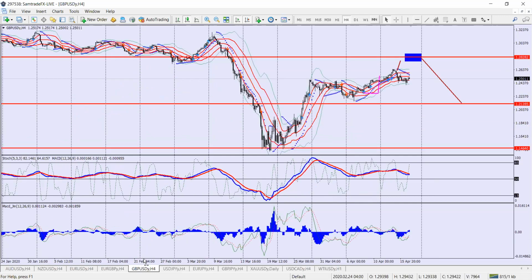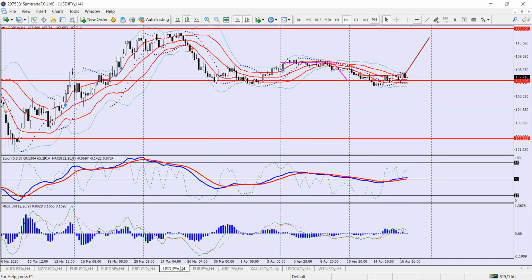Pound US dollar, we were looking at it going up towards this level. It went up and then stopped, and now it's still sitting in that range. This week, you can see that everything has been quite tight. It's almost like I'm repeating myself. Yen has done exactly what we expected. It sat in that range, it sat across and did nothing.